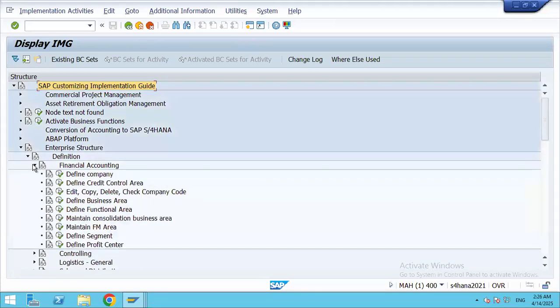See, as a finance person, you have to define the company, right? You have to define the company code. You have to create the business area. You have to do the profit center, right? So, to check the global structure, if you want to see the structure of a global structure,